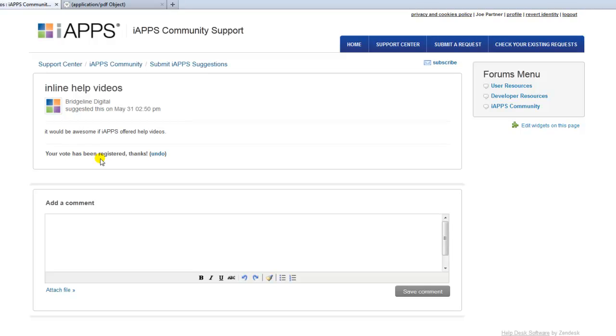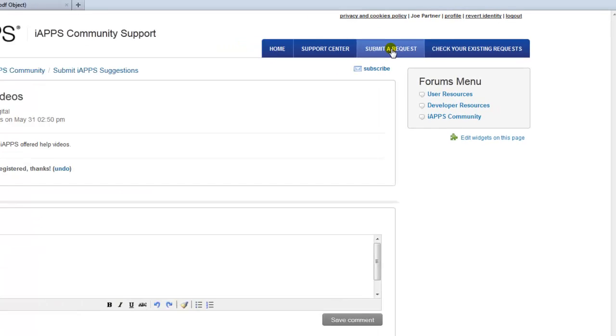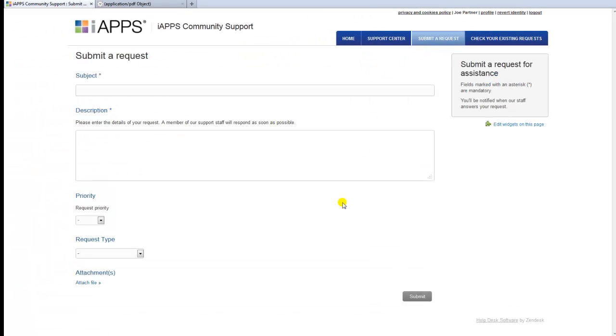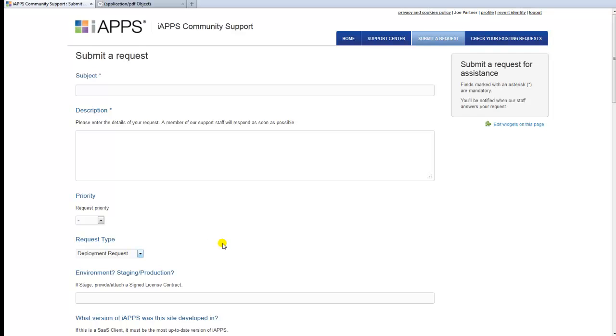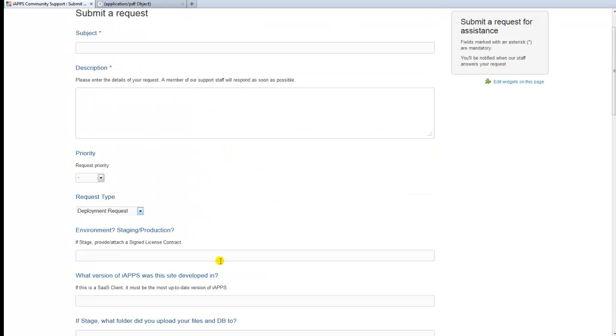So the next big part of this iAPPS community support site is the idea of submitting a request or submitting a ticket. So let's take a look at how we could do that. You'll notice when we come to submit a request, the first thing we're going to want to do is choose our request type. When I choose my request type, I'm going to be given many fields. And these fields are not required, although they are highly suggested to fill in. And the reason for that